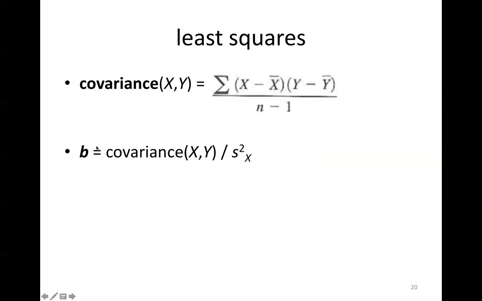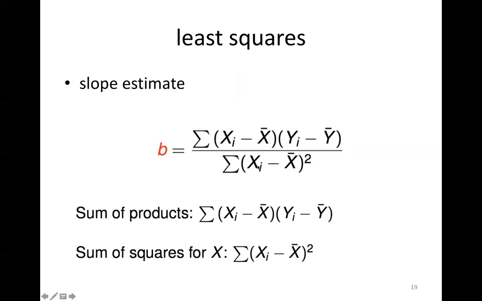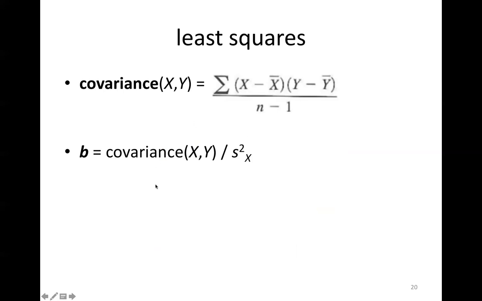And the estimate for the slope, B, is basically covariance divided by variance of x, because if you divide both this term and this term by n-1, this becomes covariance, this becomes variance. So basically, the same thing. You don't have to memorize the covariance formula, but it's good that